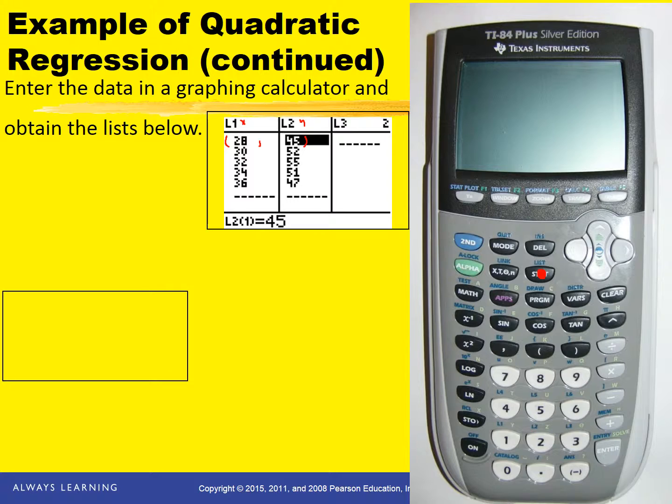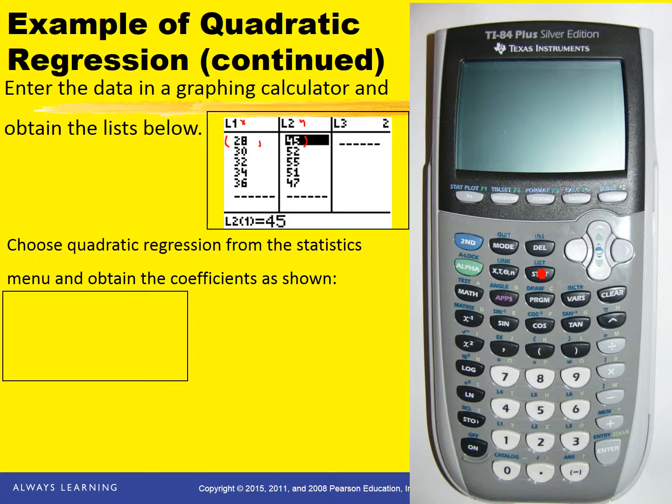Then we're going to do something with the lists. Once we have input the data, we're going to ask the calculator to do something with them. Choose quadratic regression from the statistics menu. Okay, so we're in the statistics, we're back in here, it's stat, and it's stat calc 5, not linear regression. It's not stat calc 4, it's stat calc 5. So stat menu, and then we're going to use the right arrow button to go over to that middle submenu, the calc submenu, and then from there we're going to go to 5